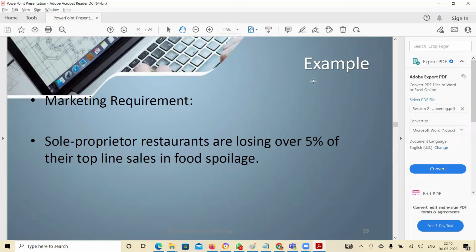Maybe we can ask the client whether every day they're wasting 5% of food, or if there are other days when it will be less. On average, this is what you are losing every day, right?